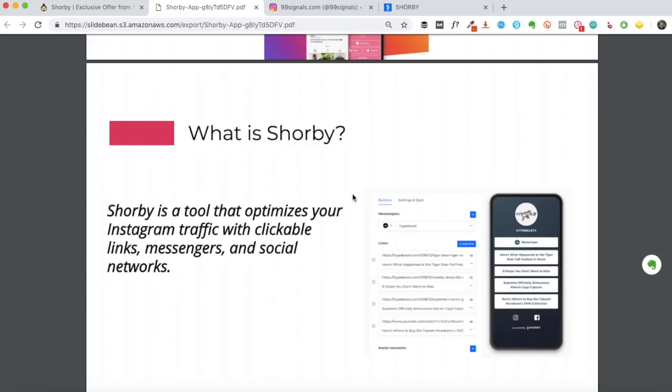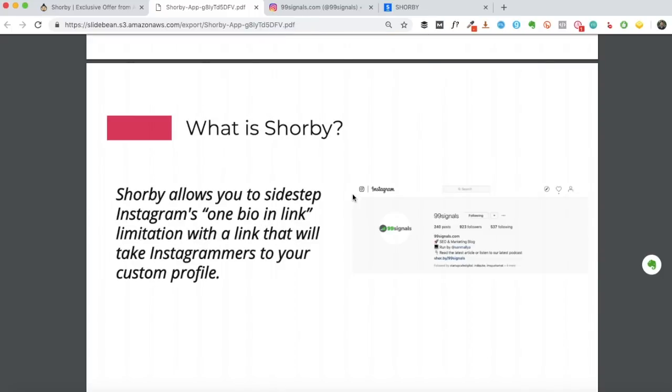And you can of course provide links to your social networks. So in the custom profile that you'll be creating on Shorby, you can do all this. And as I said, it allows you to sidestep Instagram's one link in bio limitation. And you can create a link that will take Instagram users to your custom profile.